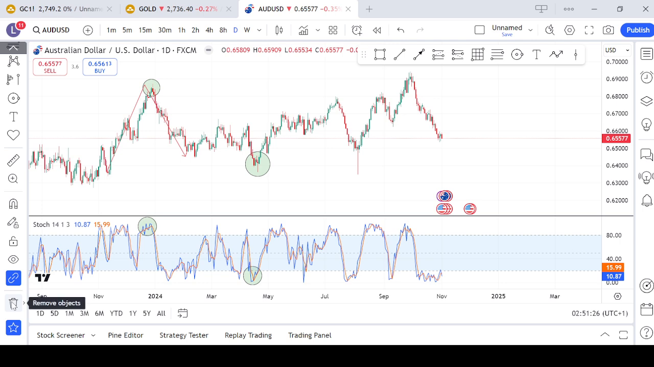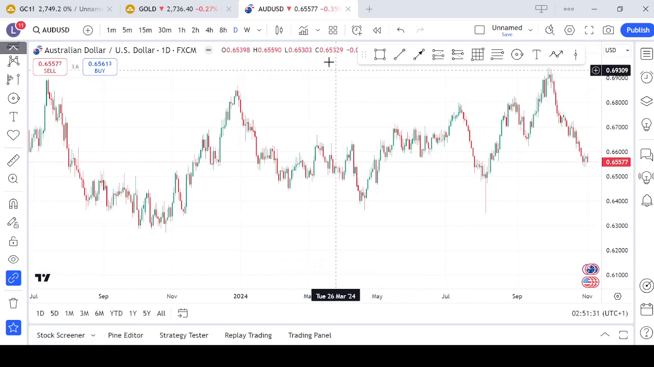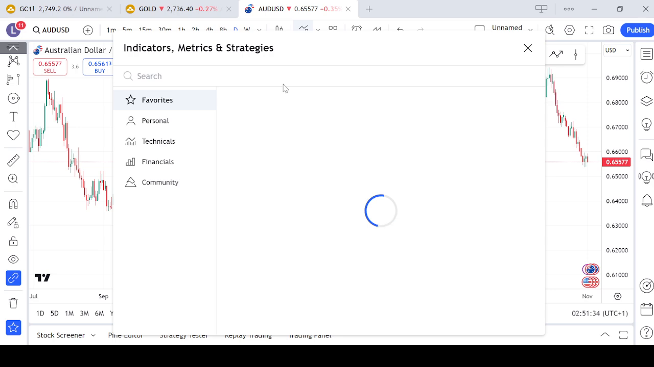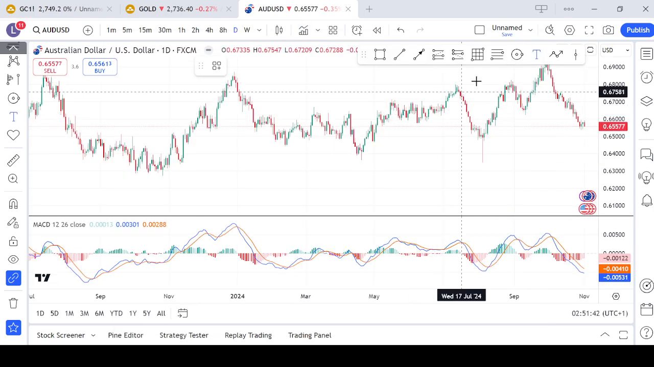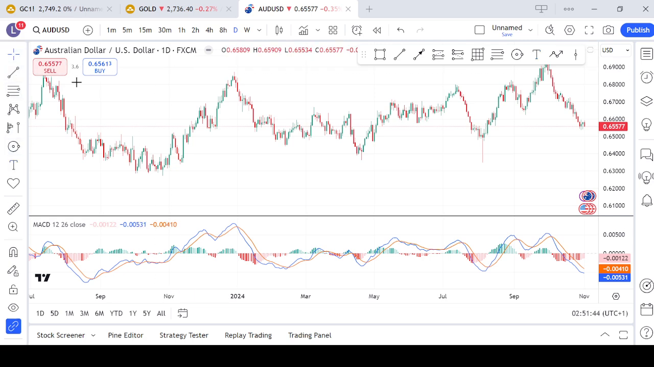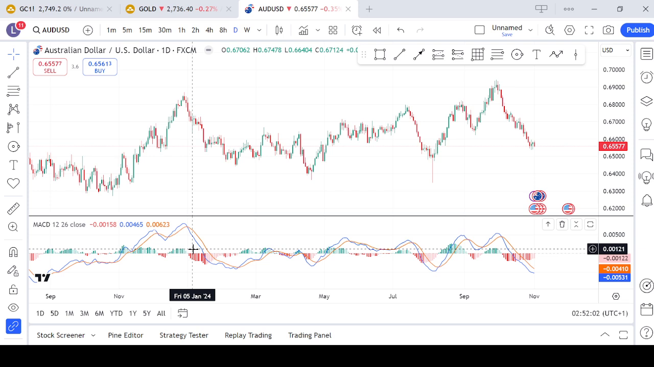So the next on my list is MACD, which is moving average convergence divergence. I'm just going to put it on my chart. MACD, moving average convergence divergence, and this is it. So what is the MACD? The moving average convergence divergence, or MACD, is a powerful trend following momentum indicator that can help you identify potential trend changes and momentum shifts in the market. The MACD consists of two lines,